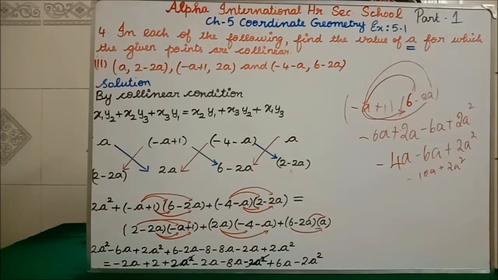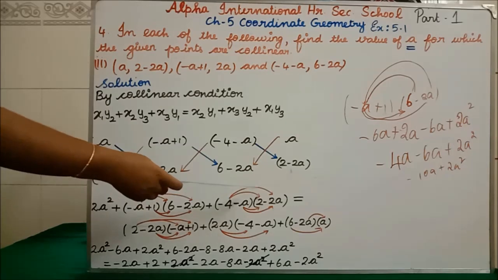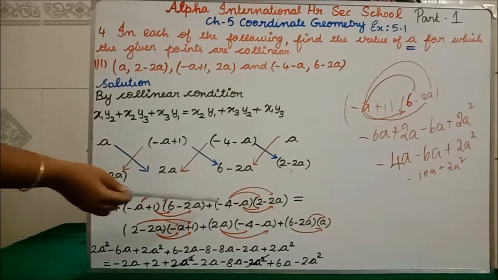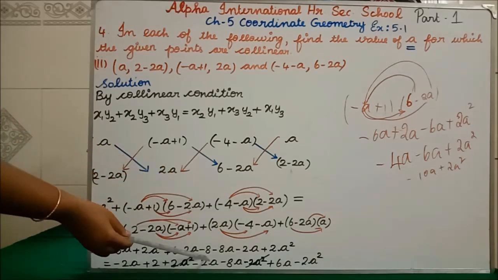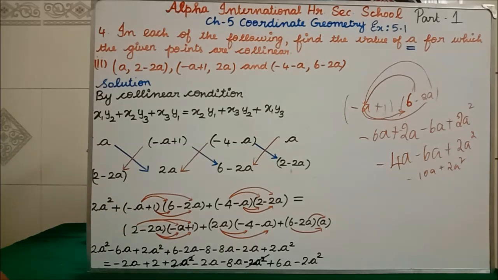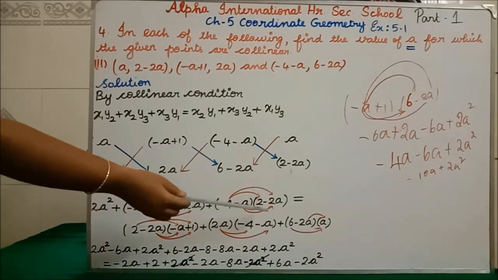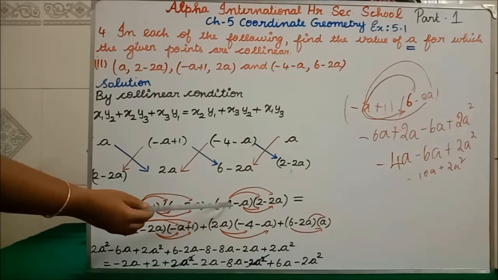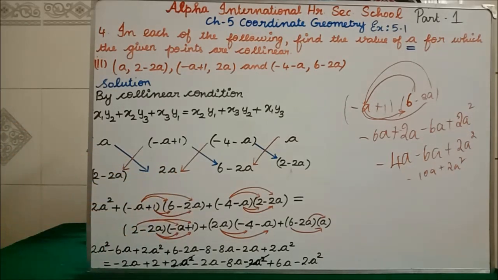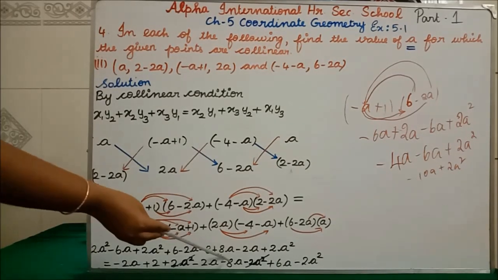First number you take, students, that number you have to multiply with the next two terms. Okay, then minus 4 into 2 is minus 8. Minus 4 into minus 2a is minus 8a. Clear? Minus 4 into 2 is minus 8. Minus 4 into minus 2a, minus will become plus, so we'll get here plus 8a. See, I have written here plus 8a. Then next step, what you will get?